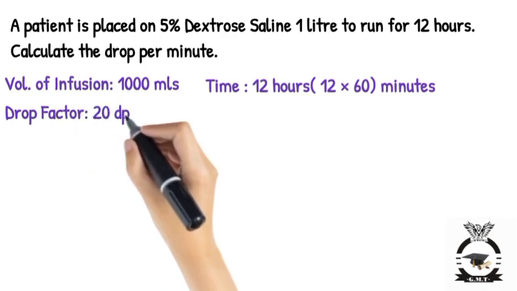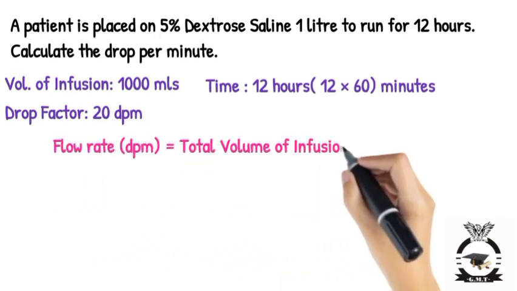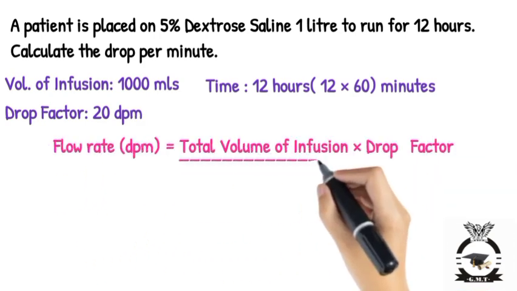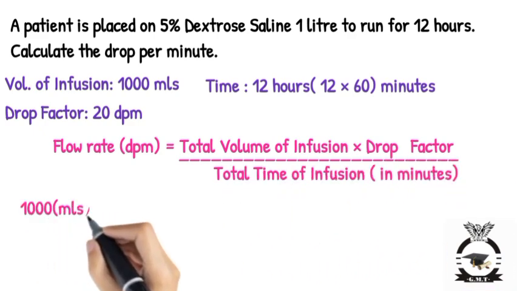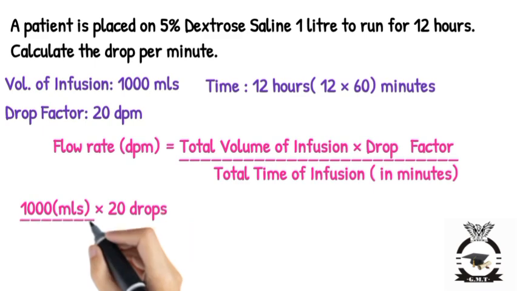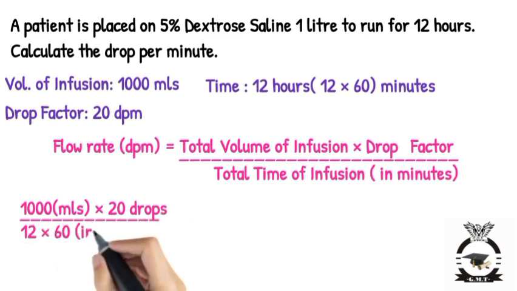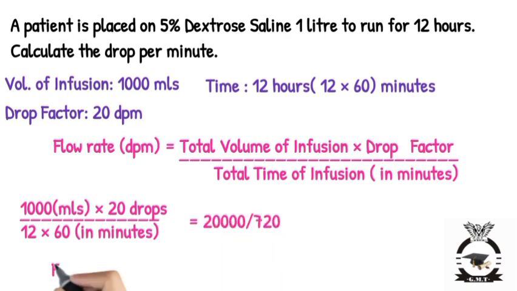So let's go with the formula, which is flow rate is equal to the total volume of infusion times the drop factor divided by the total time of infusion in minutes, and then we go with our parameters, which is 1000 ml times 20 drops divided by 12 times 60, and then we'll have 20,000 divided by 720, and at the end of the day the flow rate will be 28 drops per minute. So that will be